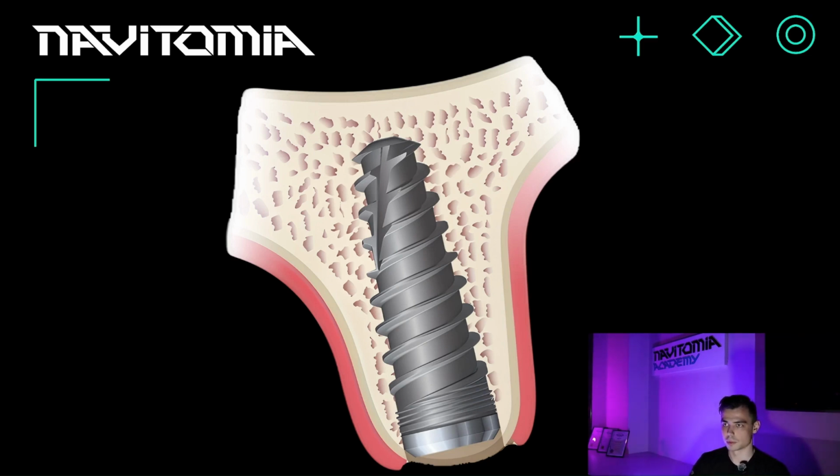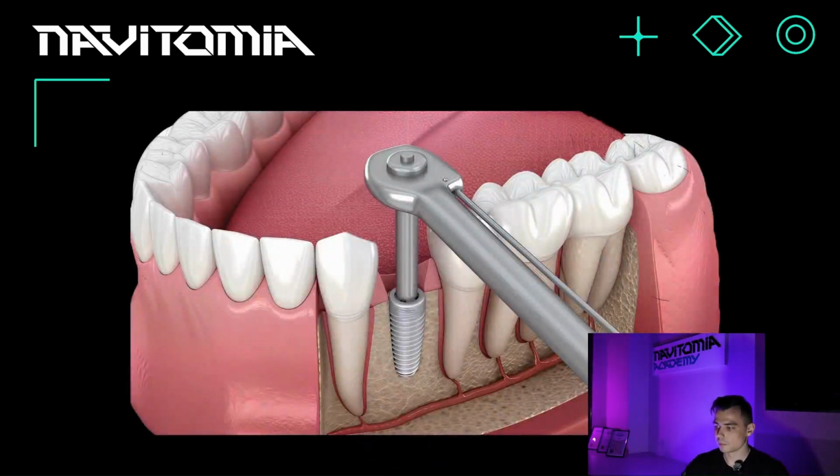And the question is, like on a scale, which is greater? Which process predominates, osteoclasts or osteoblasts? But they work together during the same process, during the same period of time, excuse me. Why is this important for us? Because when we place an implant, by the way, the picture here actually shows a torque wrench, and it's shown here for a reason, because when we place an implant into the bone